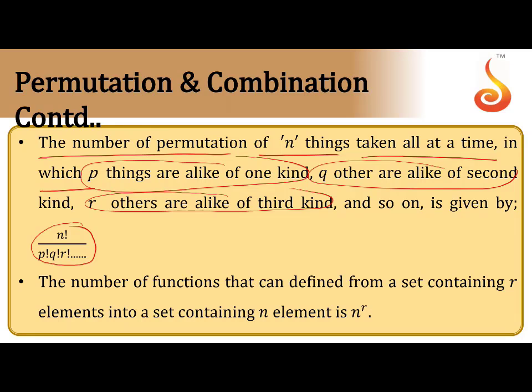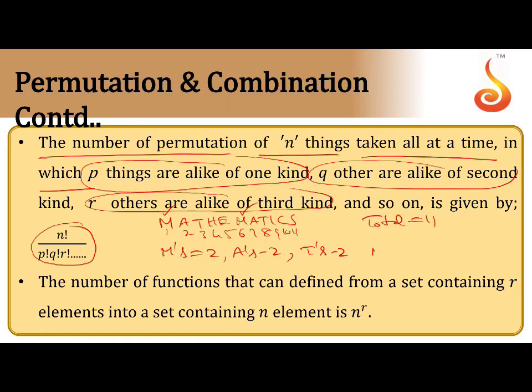If a letter is not repeated, you can ignore it, because one factorial always gives one only. For example, take MATHEMATICS. How many ways can you arrange the letters of the word MATHEMATICS in all possible ways? How many letters are there? 1, 2, 3, 4, 5, 6, 7, 8, 9, 10, 11. There are 11 objects. Out of these, some are repeated: M comes twice, A comes twice, and T comes twice. The rest are different. So in total there are 11 letters.